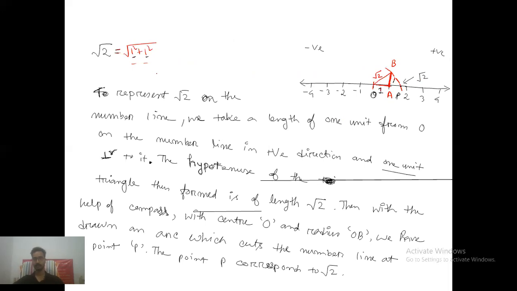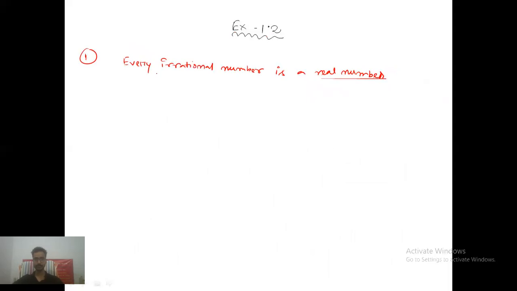With the help of the compass, we have already plotted root 2, an irrational number, and root 5, also an irrational number, on our number line. So here it says every irrational number is a real number. Yes, it is true. So your answer will be true. Write down first: the answer will be true